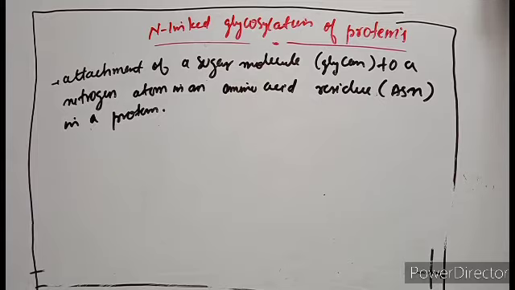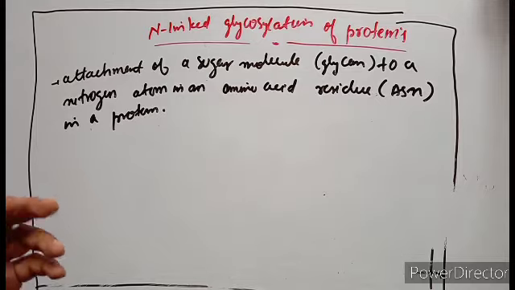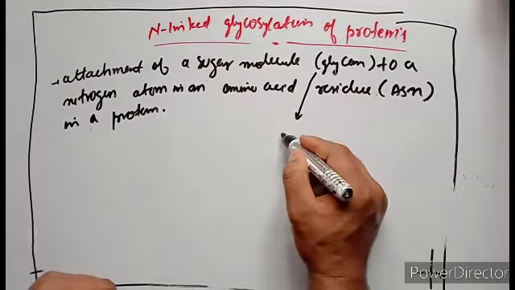So attachment of a sugar molecule, mainly we call that sugar molecule, that is glycan, which consists of 7